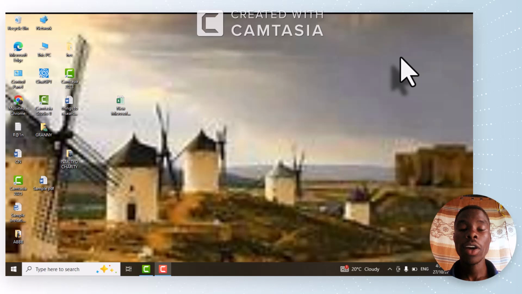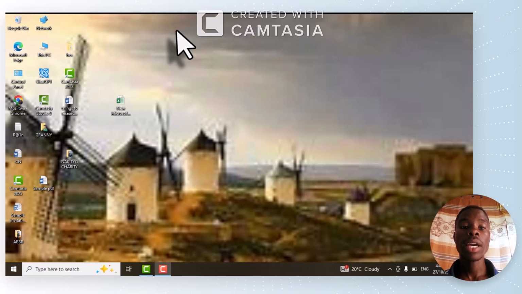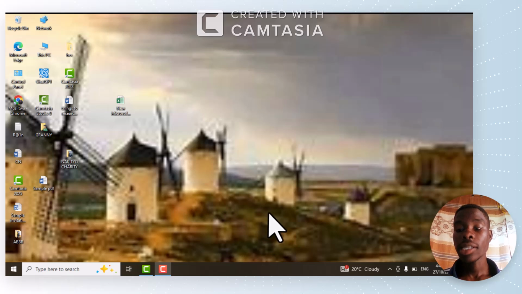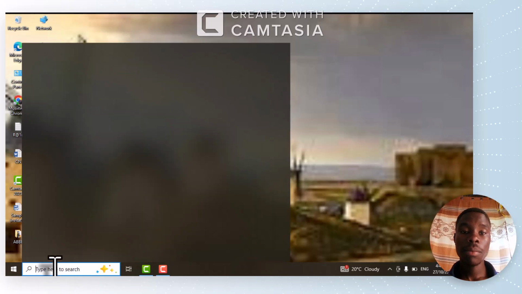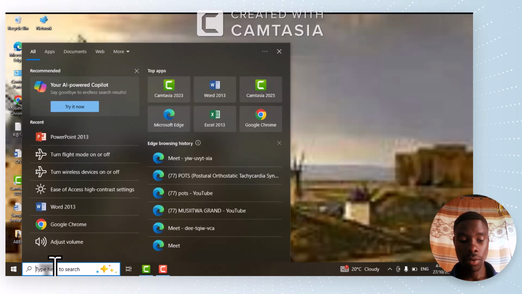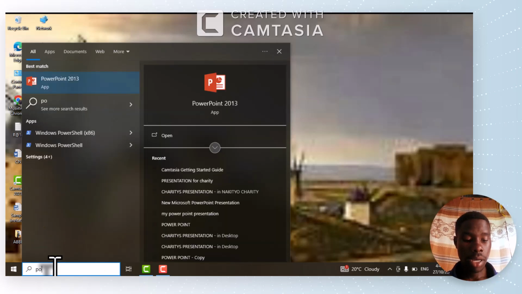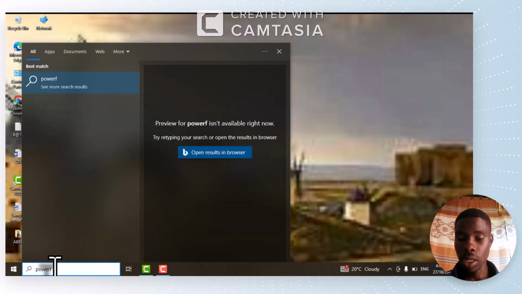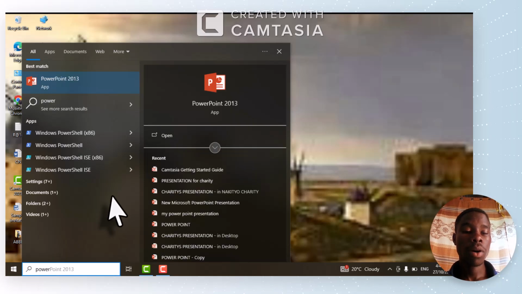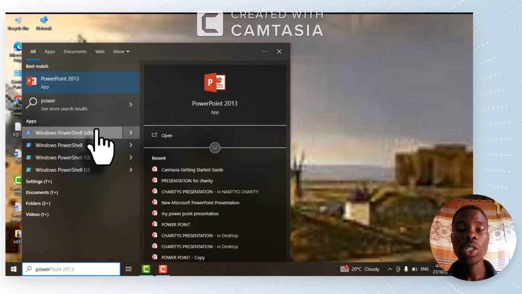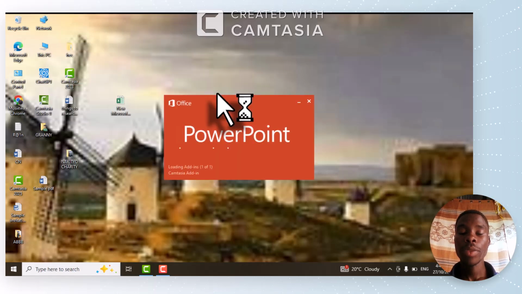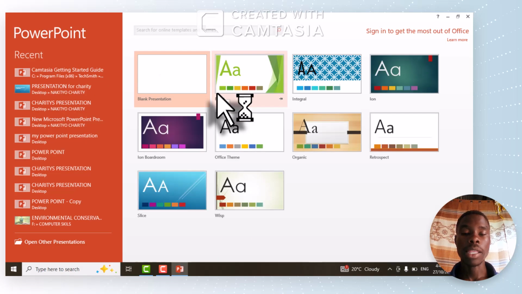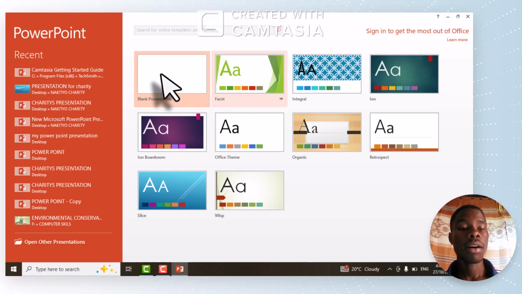My name is Terence Aloya, and in this tutorial we are going to be dealing with the introduction to PowerPoint presentation. So ladies and gentlemen, here is how I open my PowerPoint presentation. I come to the search tab and manually search here by typing PowerPoint. But upon typing the word power, the computer introduces me to a dialog box which has the PowerPoint app. So upon double clicking there, the PowerPoint app opens, and the most interesting thing here is that the screen is